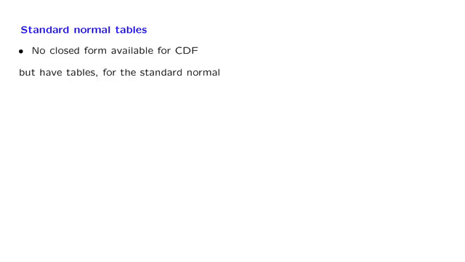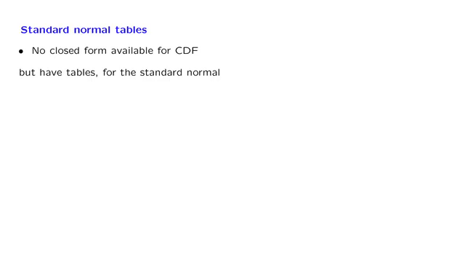We have claimed that normal random variables are very important, and therefore we would like to be able to calculate probabilities associated with them. For example, given a normal random variable, what is the probability that it takes a value less than 5? Unfortunately, there are no closed form expressions that can help us with this. In particular, the CDF, the cumulative distribution function of normal random variables, is not given in closed form,